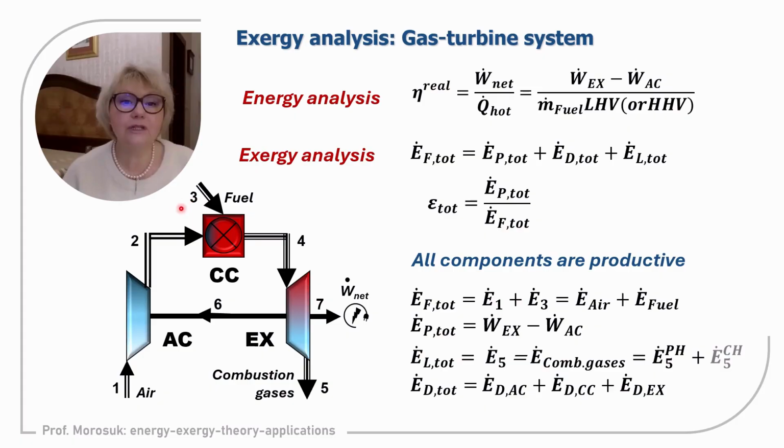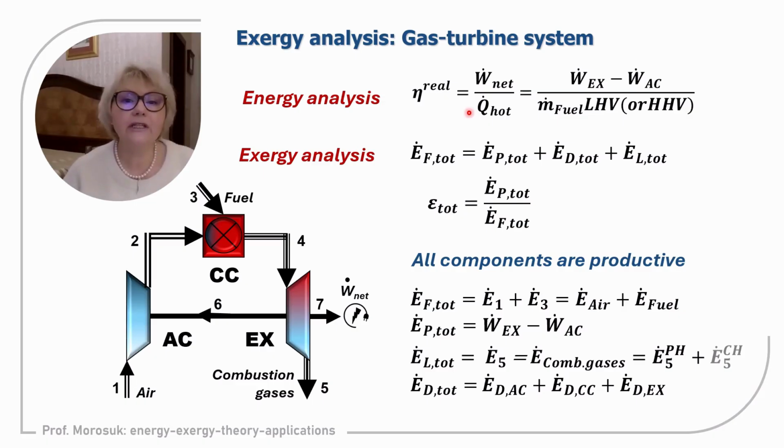The heat supply to the system is expressed in terms of the mass flow rate of fuel and the lower heating value or higher heating value of fuel, depending on which rules we would like to apply, because lower heating value is a very common variable for the European thermodynamic school, and higher heating value is quite often applied in the US and Japan. So we need to very carefully observe publications. Applying lower heating value or higher heating value does not matter. So this is